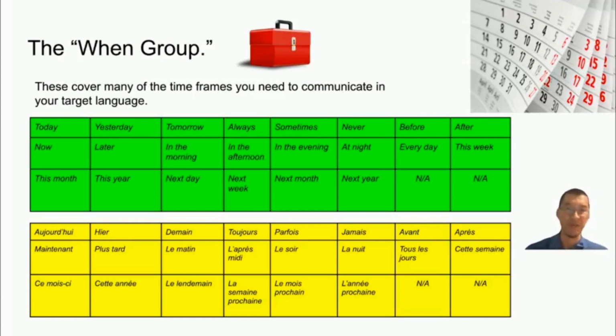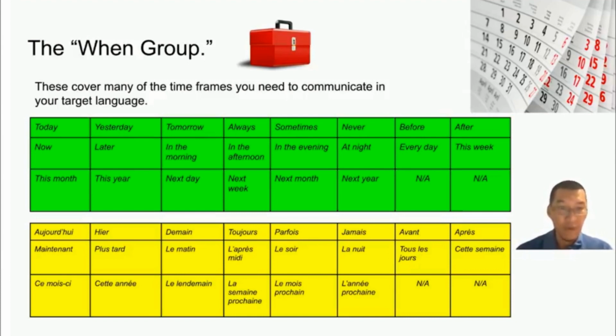So I'm working on these myself in French. So in French, today is aujourd'hui, yesterday is hier, tomorrow is demain, always is toujours, sometimes is parfois, never is jamais, before is avant, after is après, now is maintenant, later is plus tard, in the morning is le matin, in the afternoon is l'après-midi, in the evening is le soir, at night is la nuit,